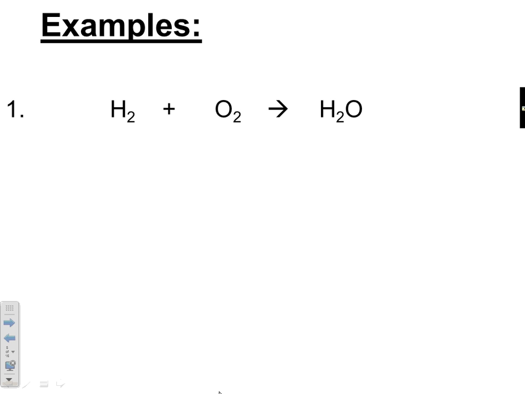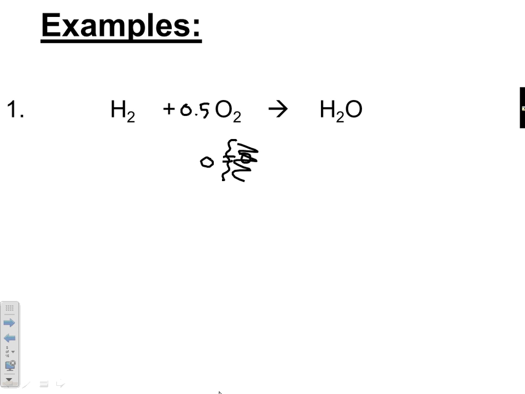If I was allowed to use half, if I had 0.5 of an O2, half of an O2, how many oxygen atoms would that be? If I had half of an O2, that's 1, right? Because O2 looks like this, if I had half of that thing, and I didn't worry about that, how many oxygen atoms would there be? 1. So I could put 0.5 right there. And now it's balanced